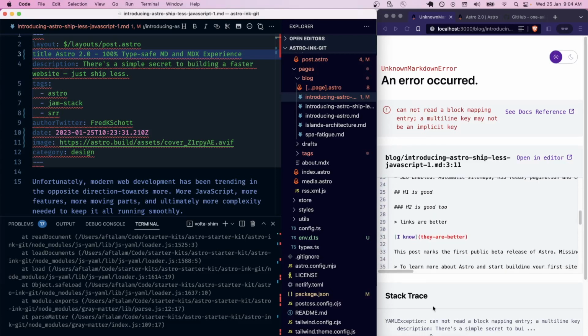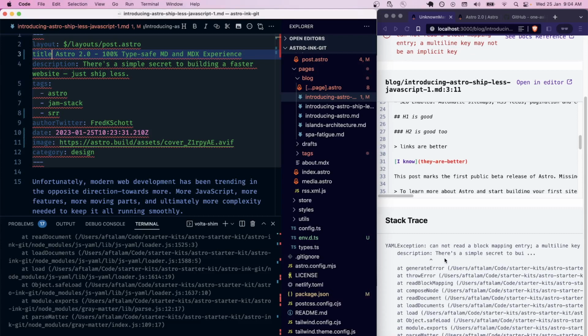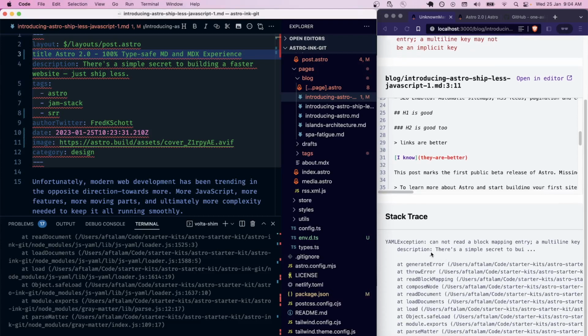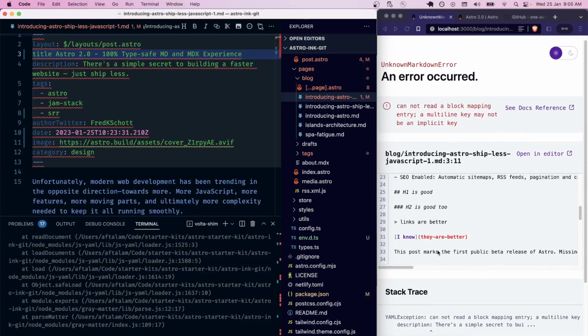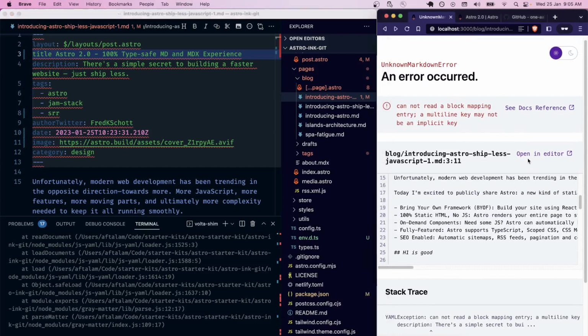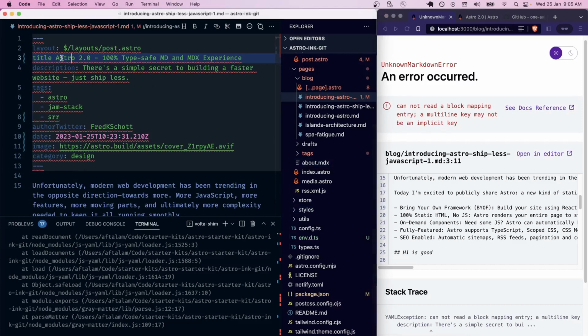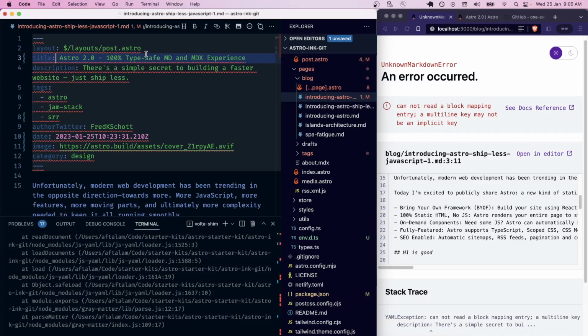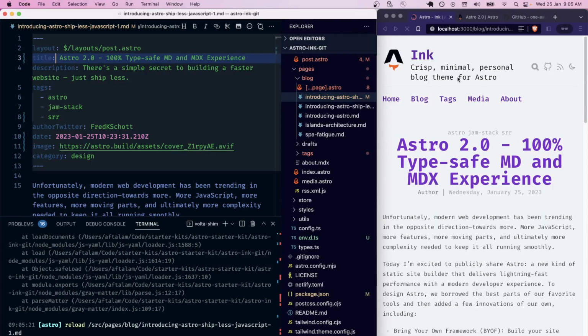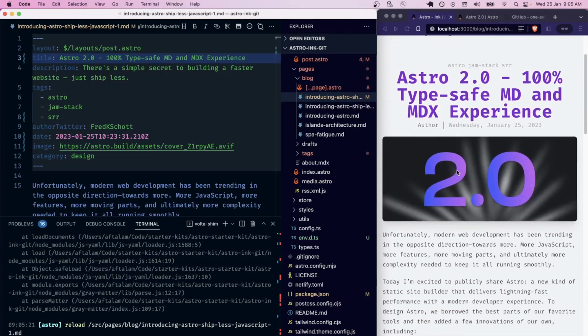And then it shows a stack trace that the YAML parser was not able to parse the description because it encountered a value that it wasn't expecting, right? And you can also open this file directly in the editor, right? So now we are right back in our editor at the line where we have an issue. So we can just revert this back to the correct structure, save it, and boom, you have the page rendered